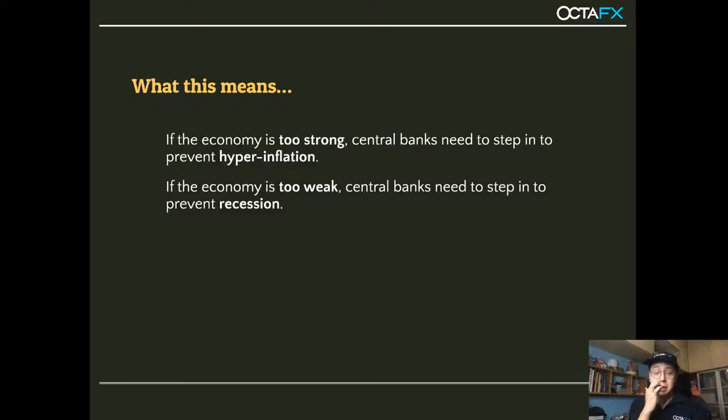Okay, so now for those of you who maybe would like to understand a little bit more in terms of why the economy sometimes will be good, sometimes will be bad, right? If you take a look at 2020, we are in a recession. Okay, globally, every economy is not good, is in a recession. So when the economy is too bad, too weak, we're gonna fall into recession.